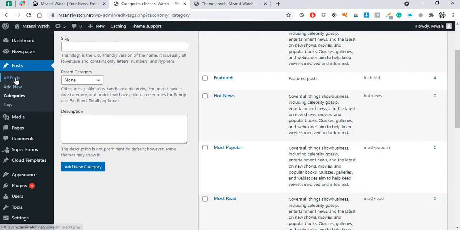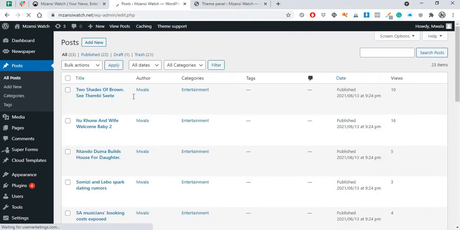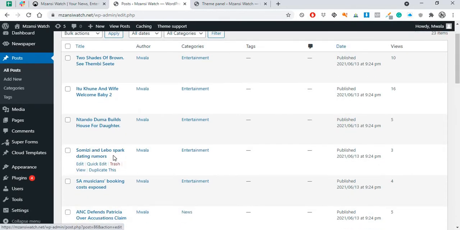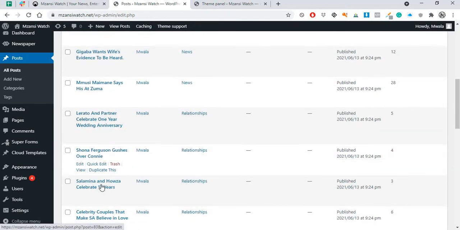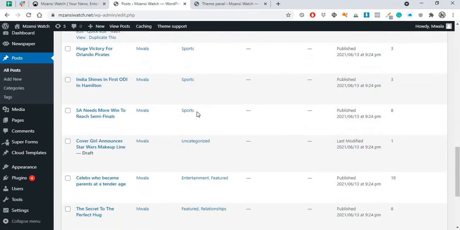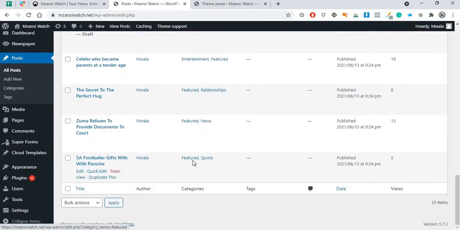Now when we go to all posts, you see here we have posts, we have categories. You need to go to all posts. Then over here you can see which categories are assigned to which article. Under entertainment you can see all of these entertainment articles. Under news we have all of these. Relationships we have all of these. And then when we go to the bottom, you can see that there's a post that's assigned with featured and